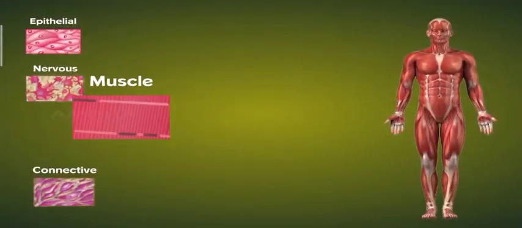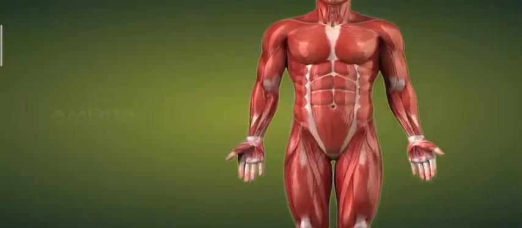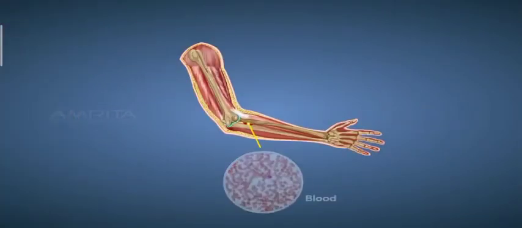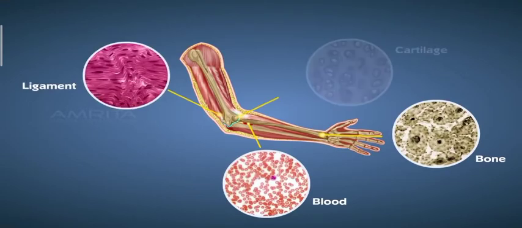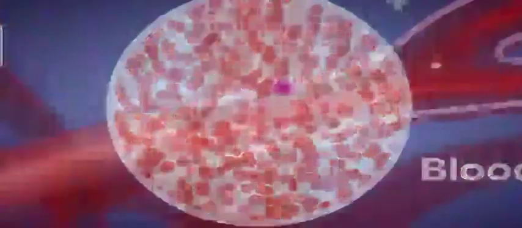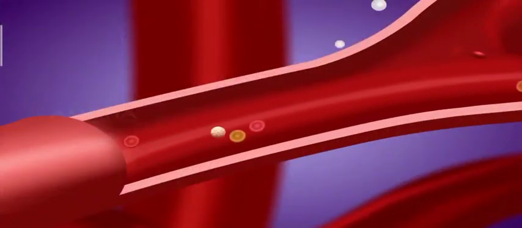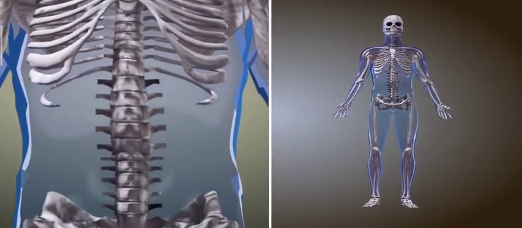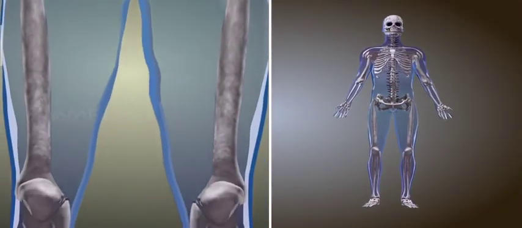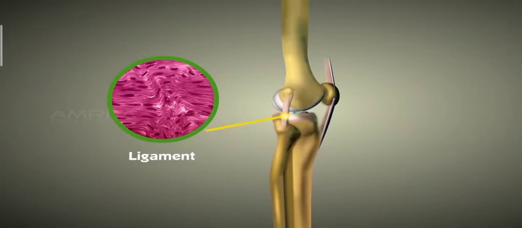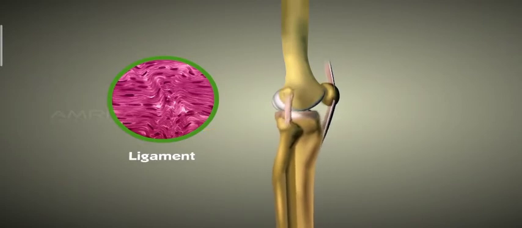The fourth tissue type is the connective tissue that binds and supports body parts and transports materials. Connective tissues are subdivided into blood, bone, ligament, cartilage, areolar, and adipose tissue. The blood contains RBC, WBC, and platelets that transport gases and other materials to different parts of the body. Blood has a fluid matrix. The bone cells secrete calcium that hardens the bone and supports the main organs of the body. Bone cells are solid. Ligaments function as a connection between bones. They are fibrous and stretchy.